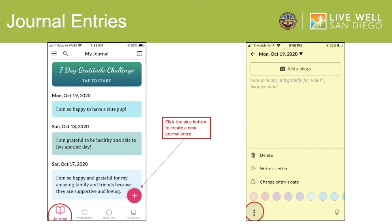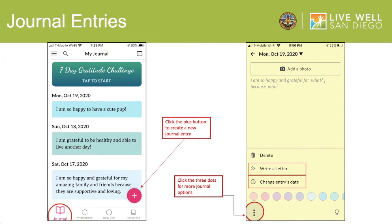Click on the three dots at the bottom left of your screen to see additional options for your entry. If you would like to write a letter to someone, click on the Write a Letter option. If you missed a day and would like to change the date of your entry, click on the Change Entry Date. You can also click on the different colored circles below to change the background color of your journal entry